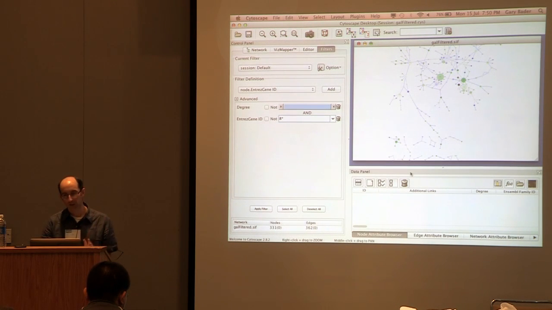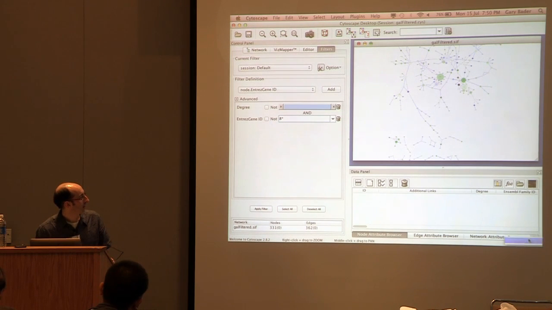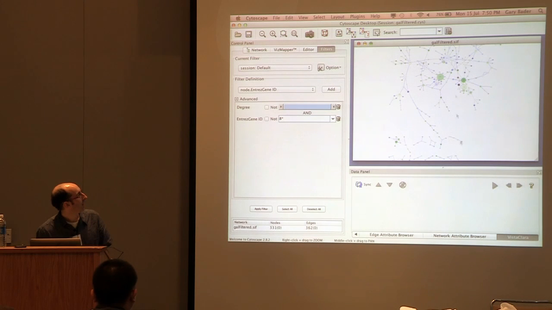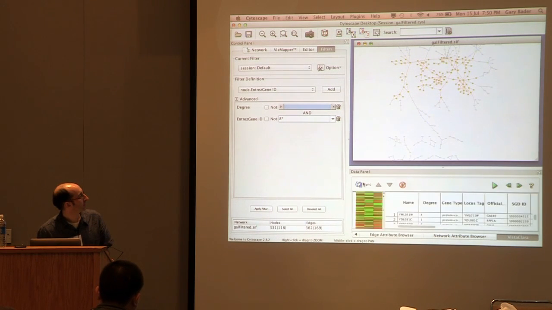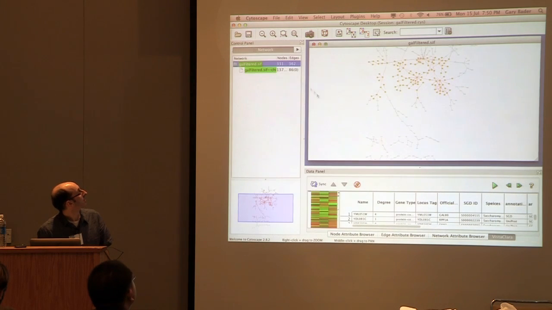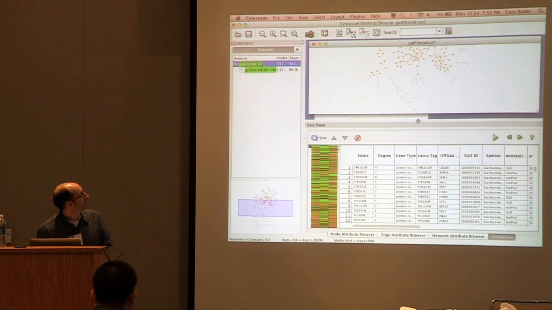I installed this VistaClara plugin, and you have to look at the manual to see that it puts a little additional panel at the bottom here. And now I can select nodes. I think I have to synchronize this. And now I'm going to make this smaller and make this bigger. So now I can see all my gene expression data here, all my node attributes,